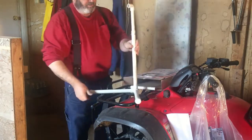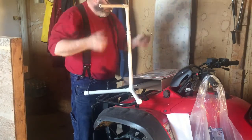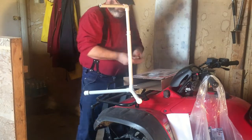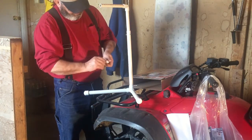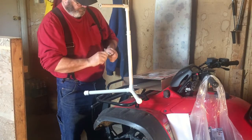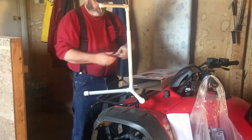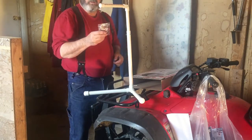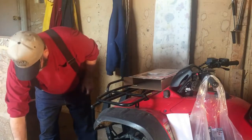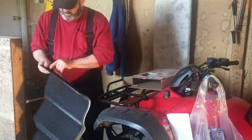Elbow. Get another extension. And a cap, and it's got a hole in it. So I guess that's for the hook. A little hole drilled in it right here. So we'll just screw that in there. Well, that's pretty simple. Then it's got some zip ties, I guess, to hook the lamp onto. So we'll set that off side there. Oh, I bet you the zip ties are right here to hold this